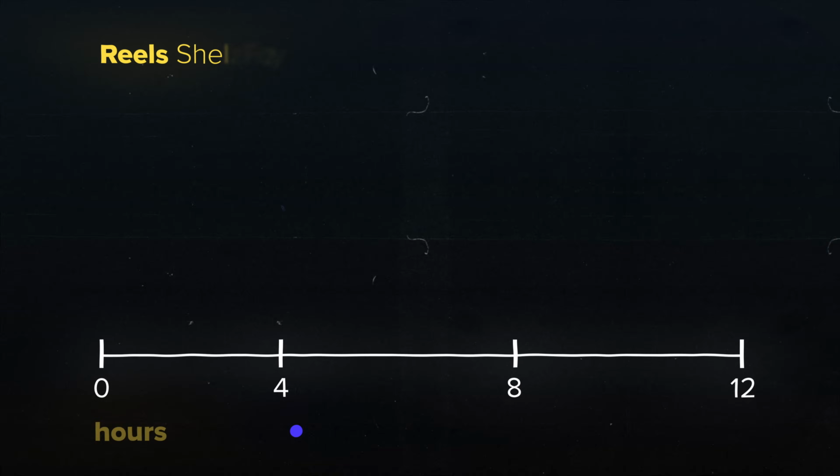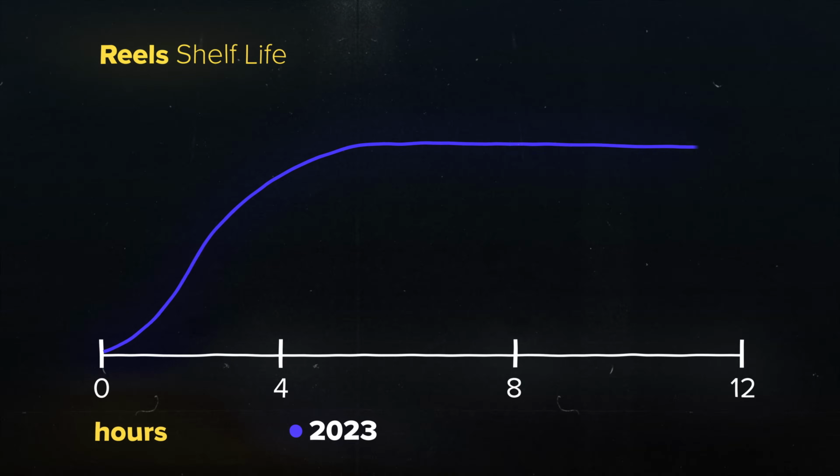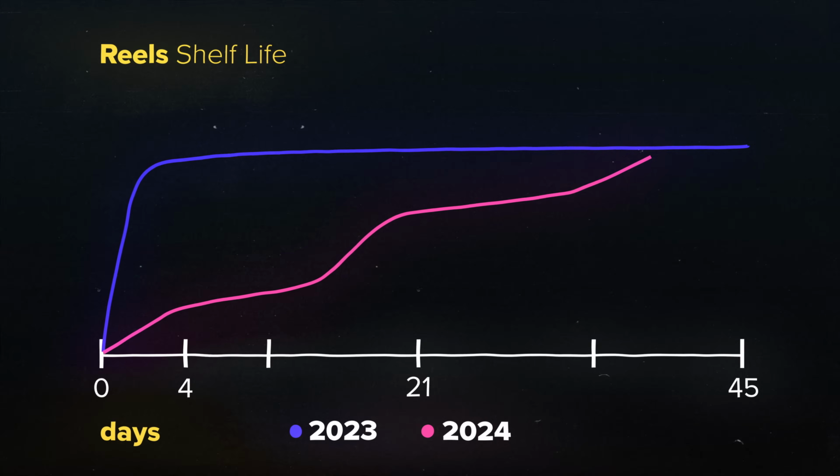Now, the next algorithm shift I've noticed more and more recently is that basically the shelf life of Reels is starting to get really, really long. A few months ago, we were saying 2 to 3 weeks after you post, it can still blow up. Right now, we're talking about 4 to 6 weeks in some cases that a post needs in order to find the right audience to get views and to blow up, basically, which is actually pretty good,